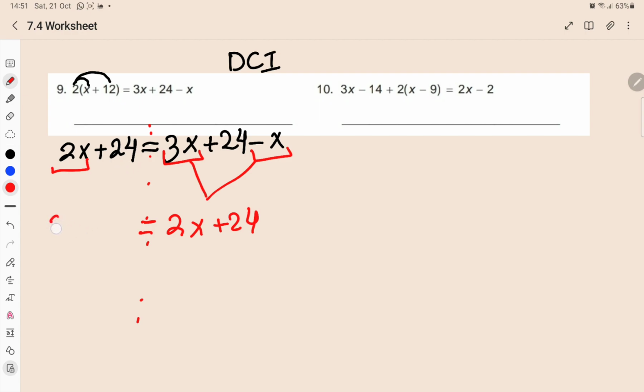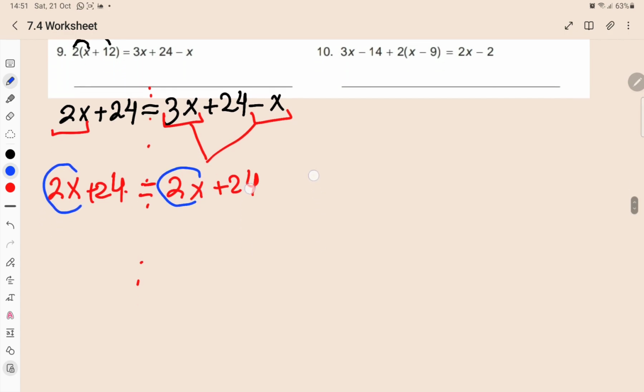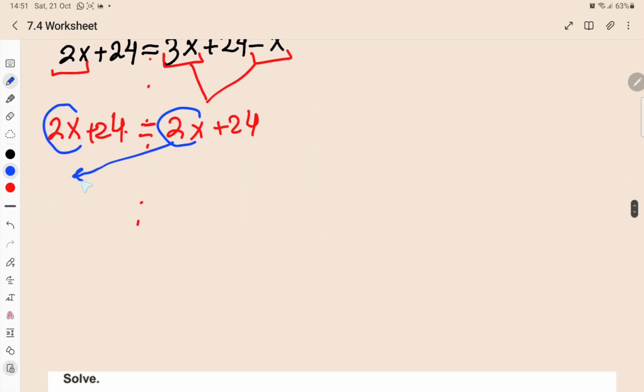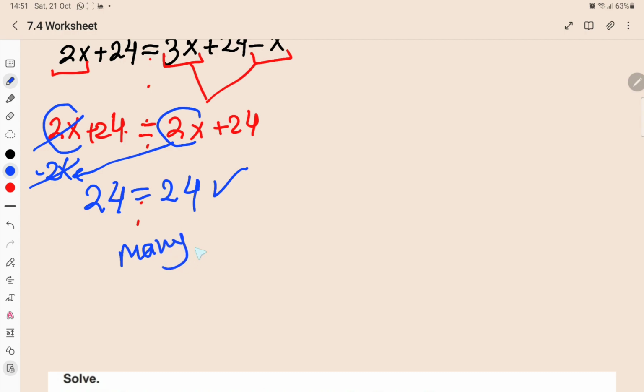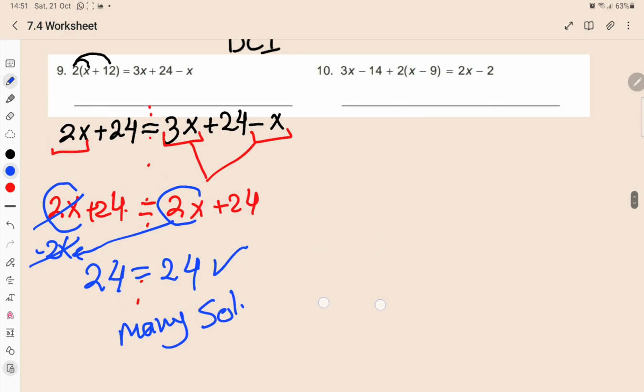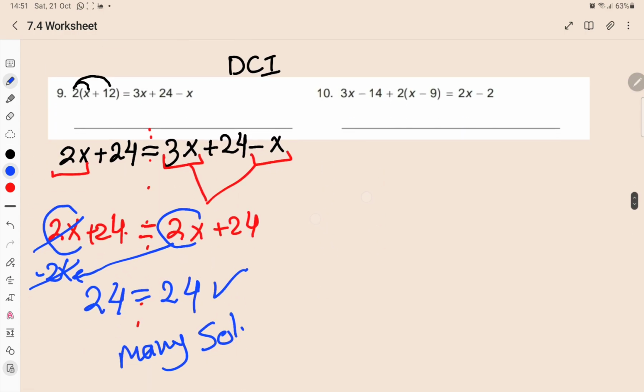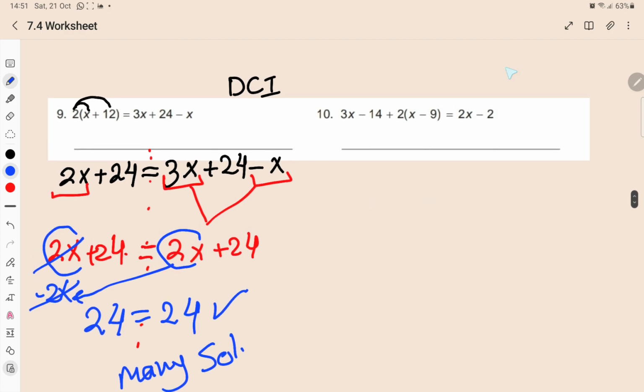What do we have here? 2x plus 24. Again, like terms. 2x and 2x. Combine. This would move from right to left with negative 2x. Cancel. So 24 equals 24. Does it make sense? Yes. So it has infinitely many solutions. Pause the video and try. Again,